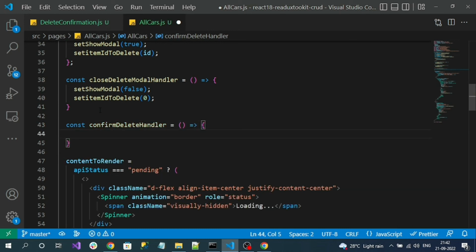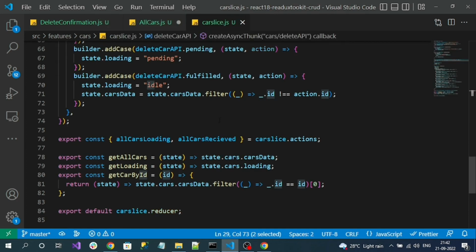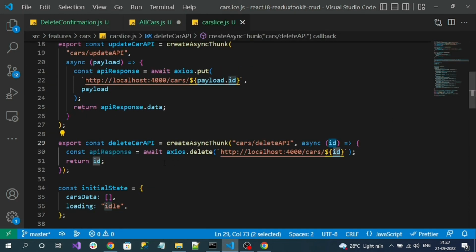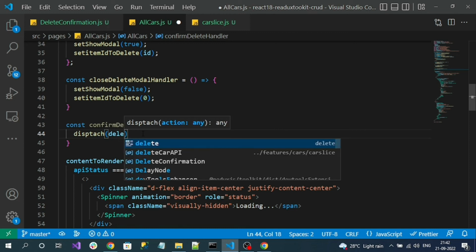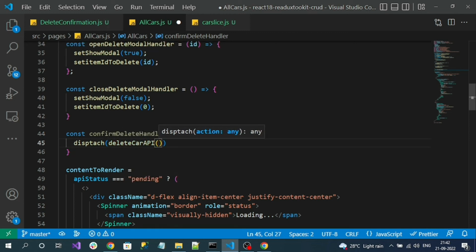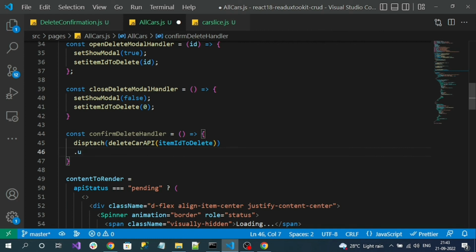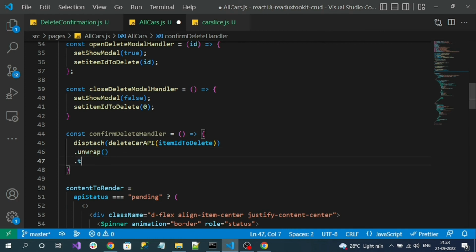And here we know in our car slice we have our middleware, right? For the delete API call we have to dispatch this. So dispatch delete car API, and it should get the ID value to delete. So we have item ID to delete, right? I can use that one. And unwrap, wait until the response comes. Then